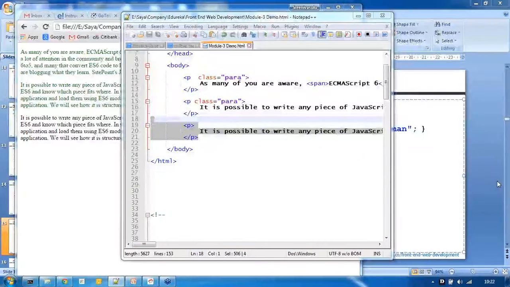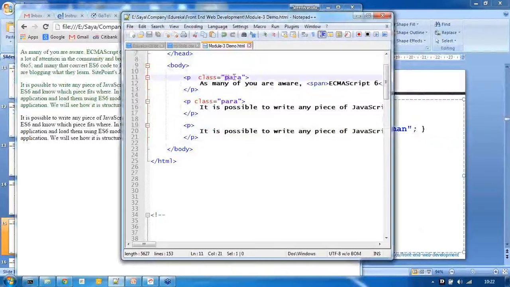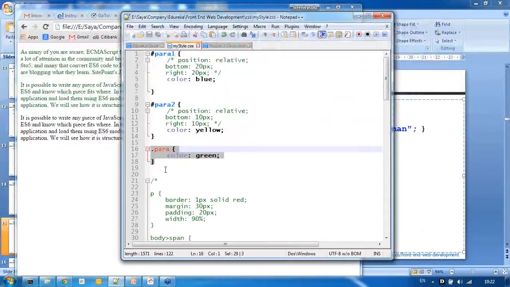Because most of the time you will be styling the elements using the ID and class attributes. Yeah. Only difference is, I said previously when I used para 1, para 2 for ID values, so the values para 1, para 2 have to be distinct within that HTML page. Whereas here, in case of class, you can have more than one. So another thing is, like for example,